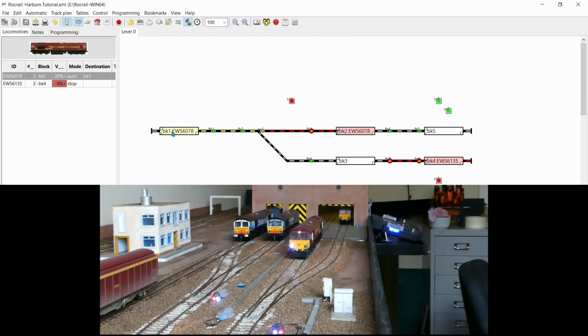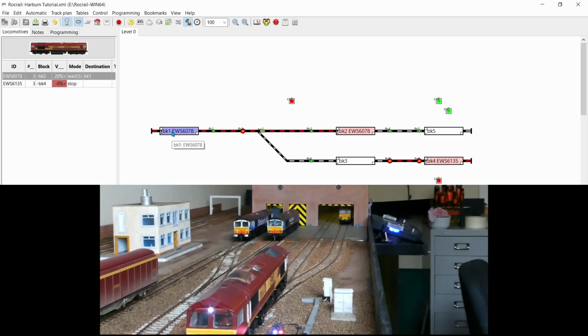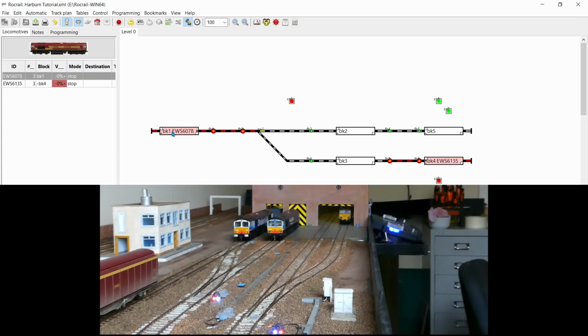Once it exits the siding, it'll sound the horn. We'll do a little toot there. You can change that by changing the duration of shots. So we'll put it back in.